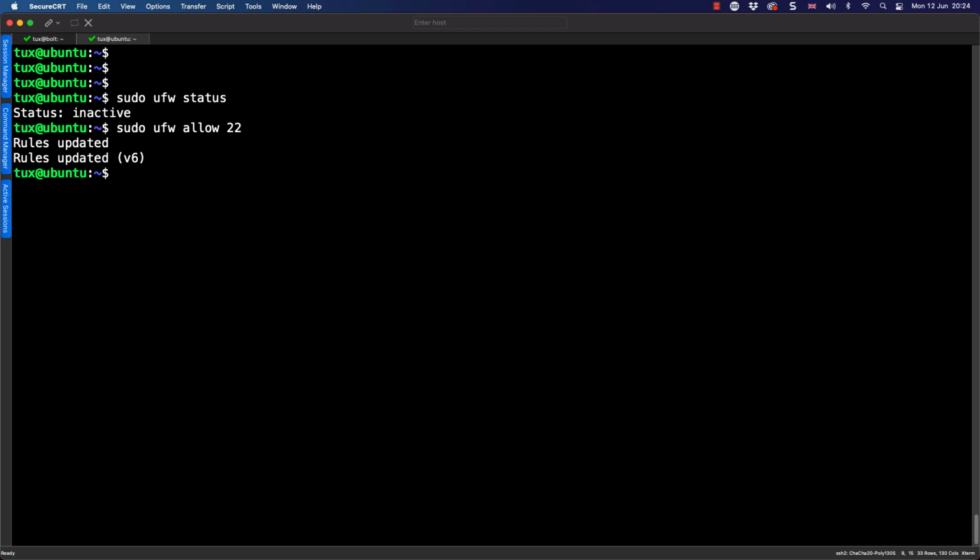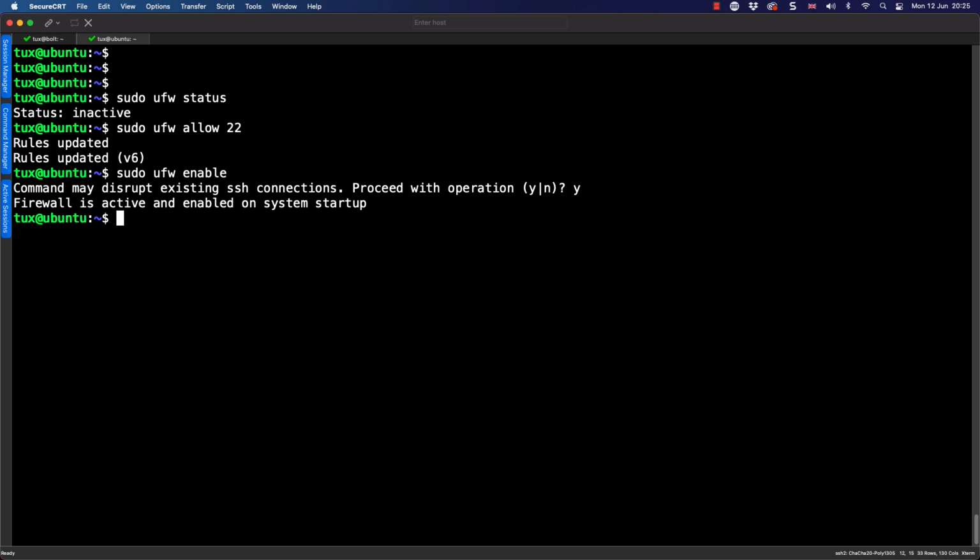With that done, we should be confident then that we can go through and enable our firewall. So just up arrow key and ufw enable. Do heed or pay attention to the warning, but we know we have enabled SSH through our firewall, so we're good to go. Now that's it from our firewall point of view. We are up and running, but we're allowing port 22 in, but obviously we want to deny it for those IP addresses that are in our journal.